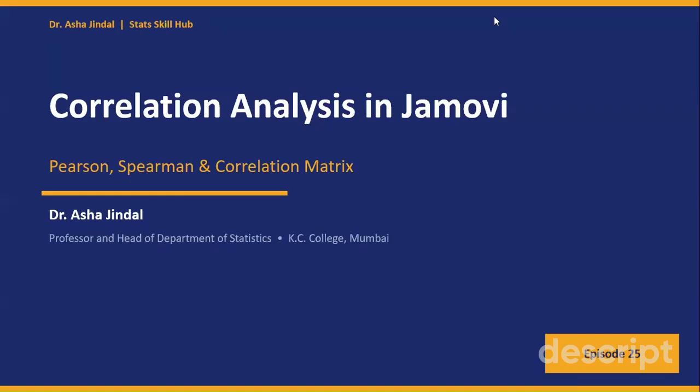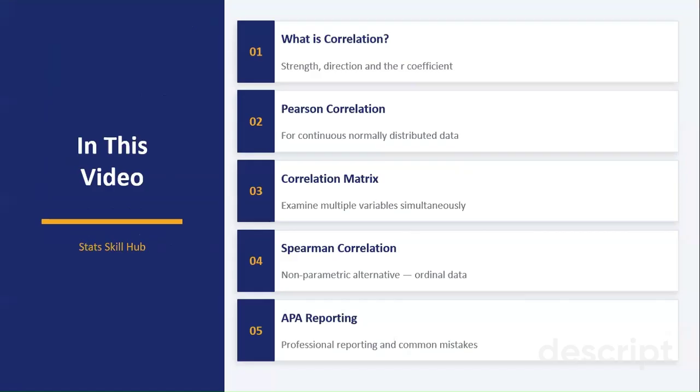I'm Dr. Asha Jindal. In today's episode, you will learn correlation analysis in Jamovi, which includes Pearson correlation, Spearman correlation, and correlation matrix interpretation. In this session, you will first understand the meaning of correlation and the correlation coefficient small r.